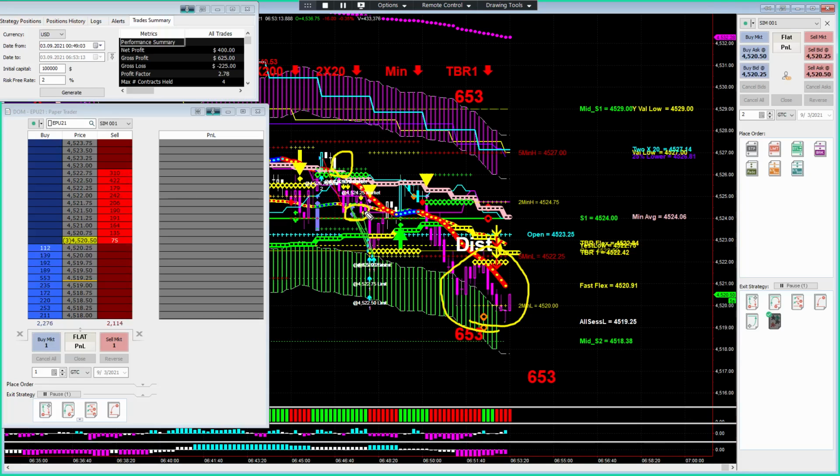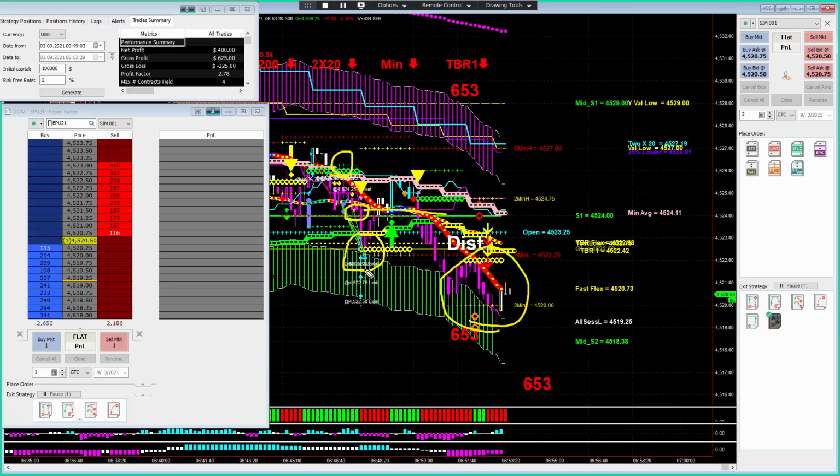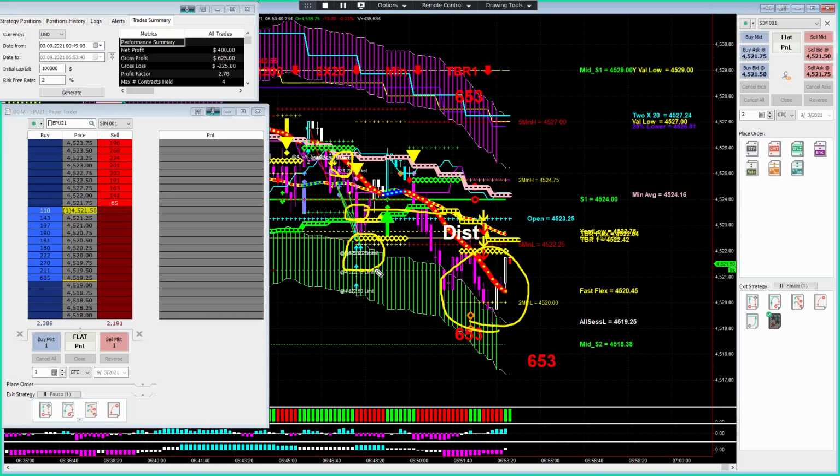So I want to keep my exit points relatively close as well to market price and market action. All right, so I added to it here, and you saw me stagger the exits here. So no intention of holding for long periods of time in a trade that is going away from us,